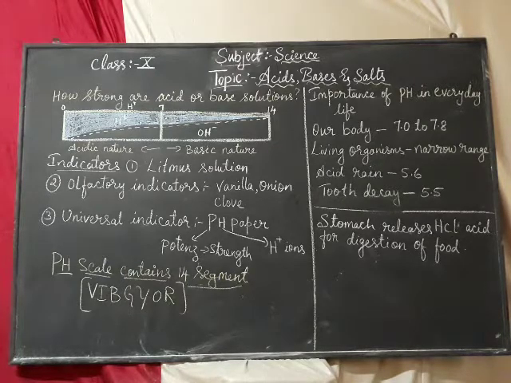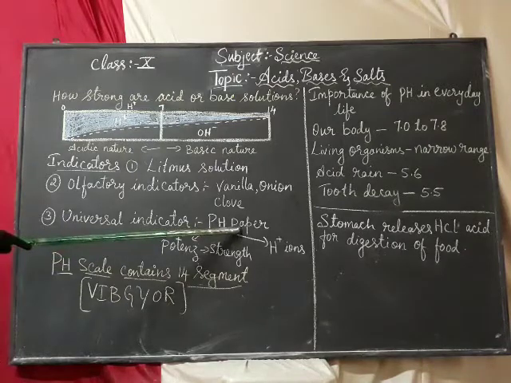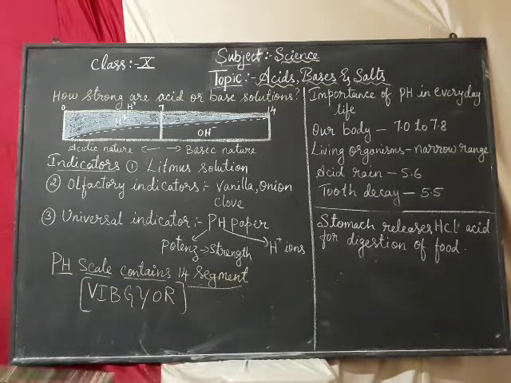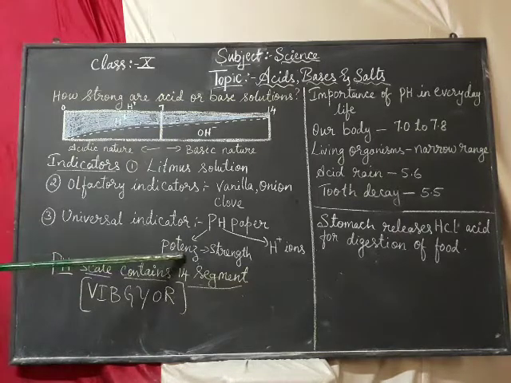For that we have one more indicator known as the universal indicator. Universal indicators are those which not only detect the nature of other chemicals but also determine their acidic or basic strength, means how strong it is, how much power it has. So what is the universal indicator? It is nothing but pH paper. It is a kind of paper. P stands for potence, in Greek, that is nothing but the strength.